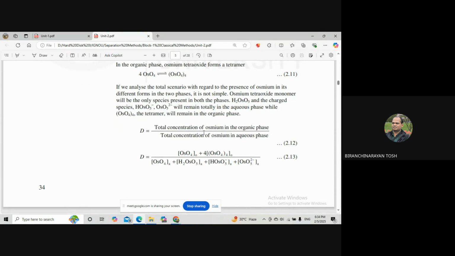The total concentration of osmium in the organic phase divided by the total concentration of osmium in the aqueous phase will be the monomer in the organic phase plus the tetramer,